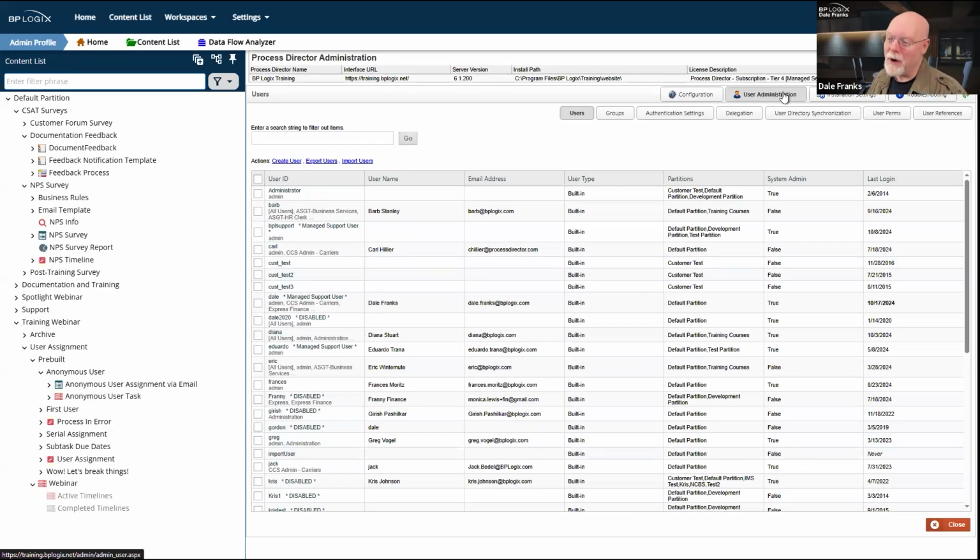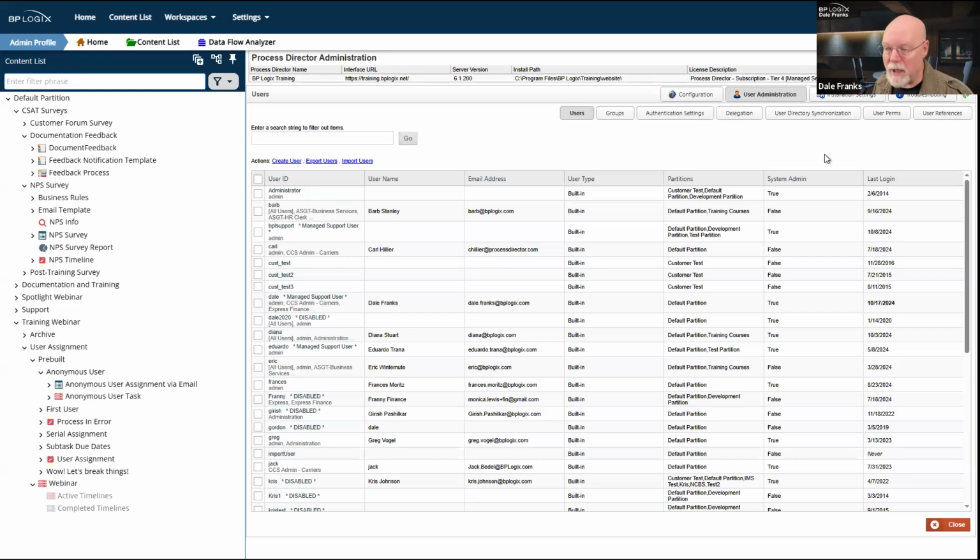Well, now hold on there, Sparky, because now I'm giving you access to all of my user accounts, all of my groups. Of course, I want to give you access to my groups. I'm also giving you access to all of the authentication settings in the system, all the delegation settings. You can look in and mess with user directory synchronization. I might not want to give you this level of access to the system. So if I have this difference between system administrators and citizen developers, I might not want to give those citizen developers this sort of access. So in that environment, it's a drawback.